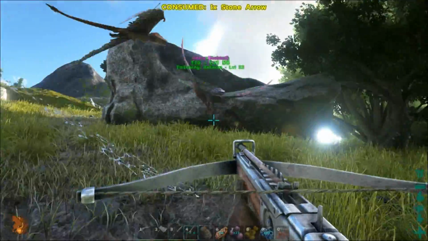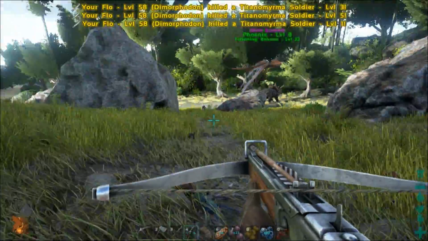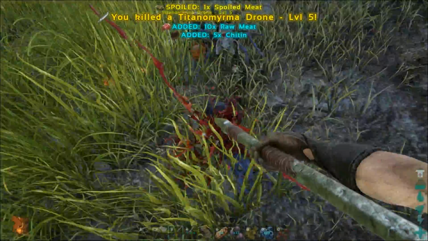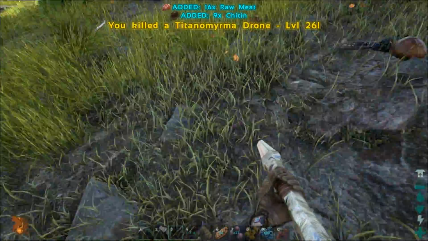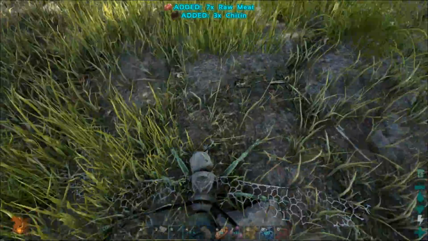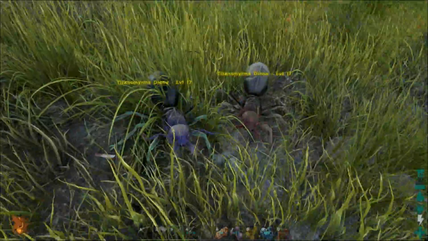Now, don't be fooled by the fact that they seem to die fairly easily. These things are like horde creatures. So there you see the ground ones coming in. But I know partly why they added these things in. If you notice, I'm getting chitin from these. That's the reason why they added these in, because you can get tons and tons of chitin from them